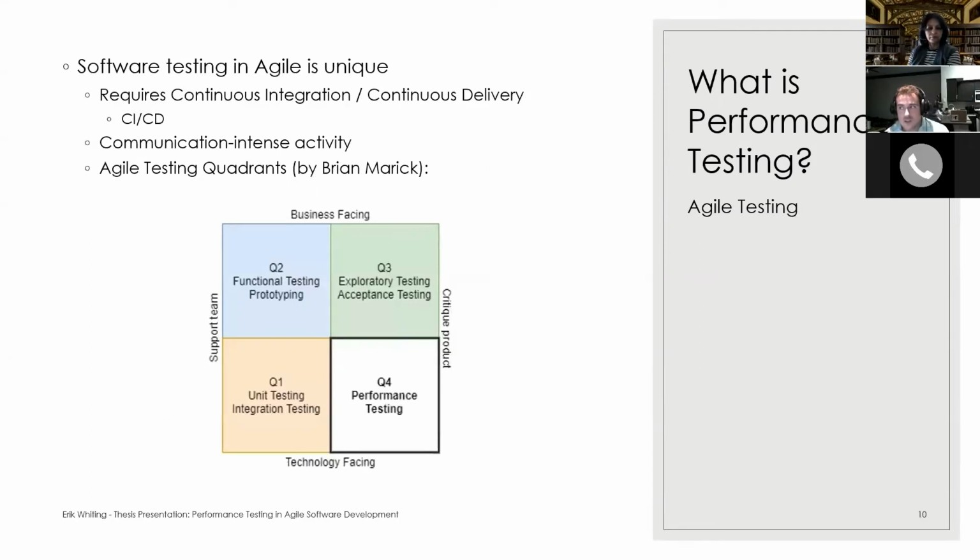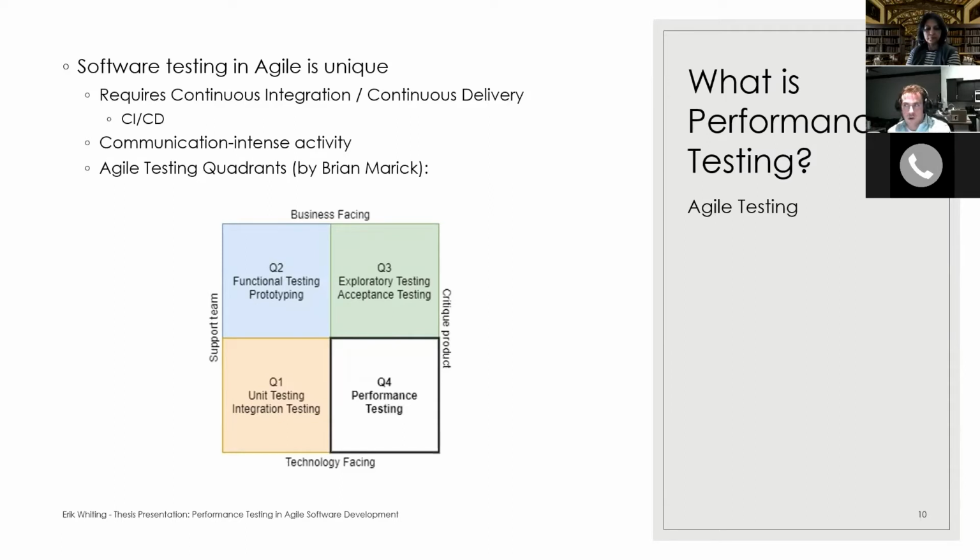Software testing in Agile is kind of unique. There's an Agile quadrant here that was developed by a guy named Brian Merrick and then made a little bit more popular by Janet Gregory and Lisa Crispin in their book Agile Testing. Basically in Agile, there's 2 axes and spectrums on each axis that help us think about testing. There's team supporting tests, which are tests that will make sure that the code is working and that your infrastructure is working. And there's product critiquing tests on the other end of the spectrum, which are making sure that the product is doing what it's supposed to be doing according to the users. And then on the other axis, there's business-facing tests and there's technology-facing tests.